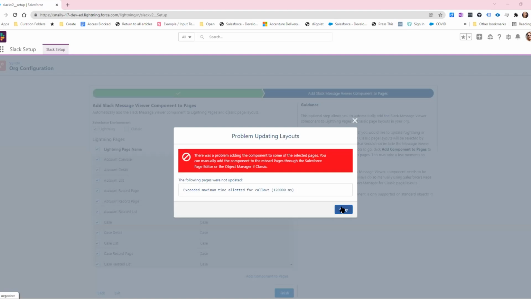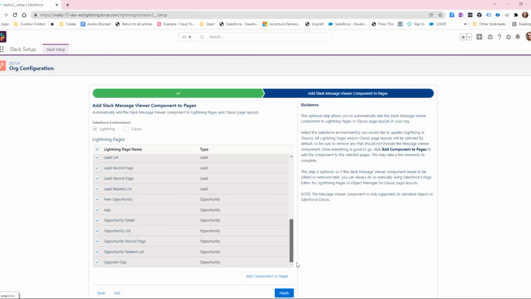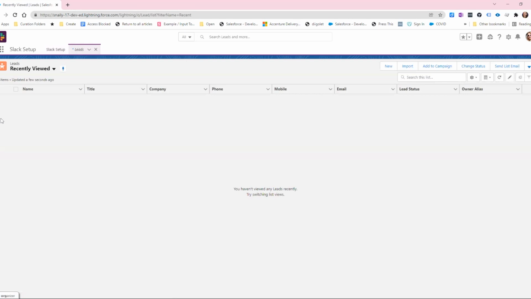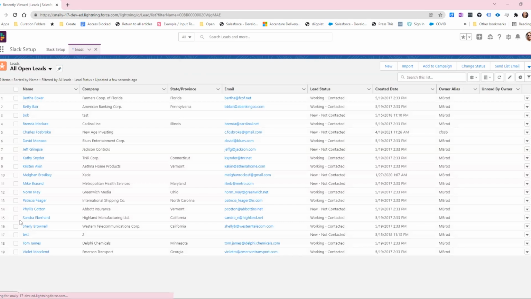All right. So we were trying to add our details to quite a number of layouts. And I'm in my dev org. We're going to just jump over to our lead and take a look at that, where I've got some of this set up. So if we go to our lead page layout. Yeah, let's just drop it to 2. Slack thing is always where I want to click. There we go. I'll open leads. All right. So on here,